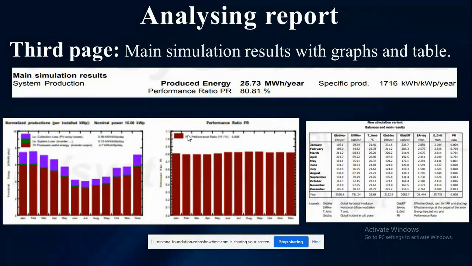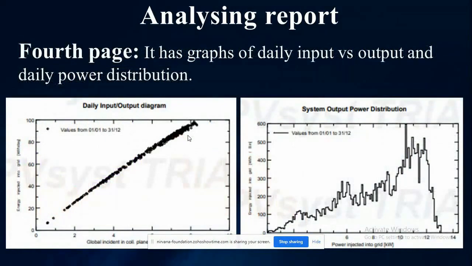It will give all the details like GHI, global horizontal radiation, diffuse radiation, ambient temperature, DNI, direct normal radiation, the amount of energy transported to grid, and the monthly performance ratio. And then the fourth page gives graphs like daily input versus output, and the distribution of the power.